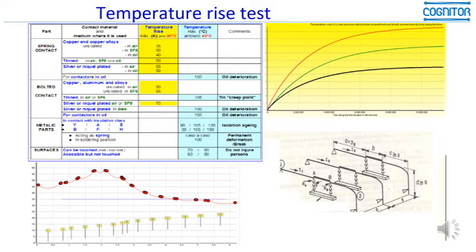In the case of cubicles, switchgear, panels, it's very easy to understand that we are always measuring, in this case, the temperatures of the energized parts, but also the temperature of the enclosures. In such a way that we verify that if one person arrives there outside the enclosure and touches it, he will not be injured by the high temperatures of the plates.